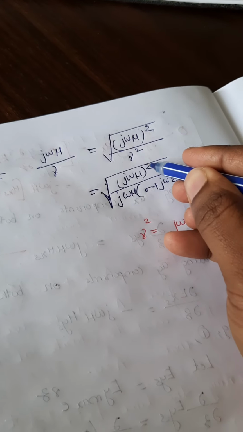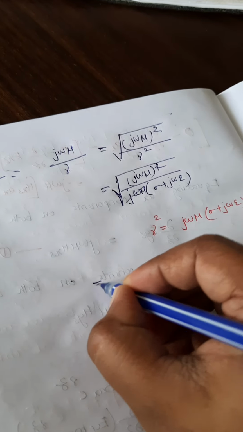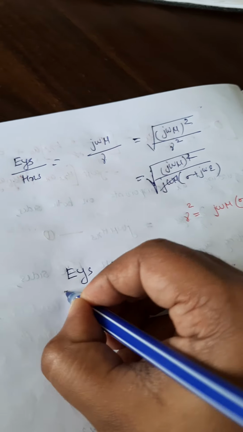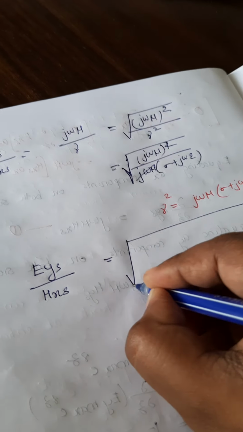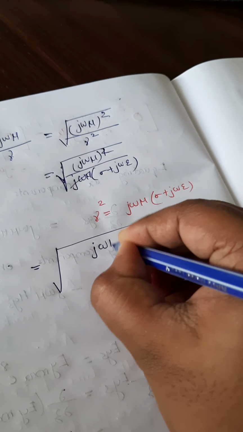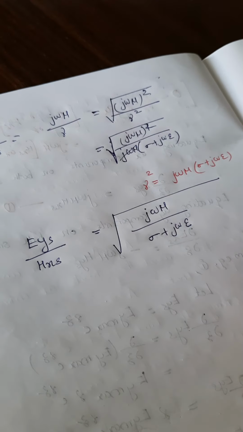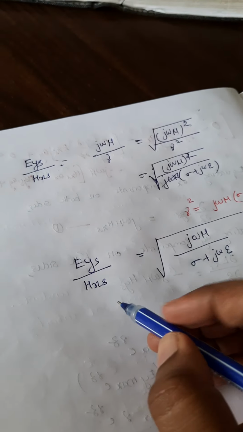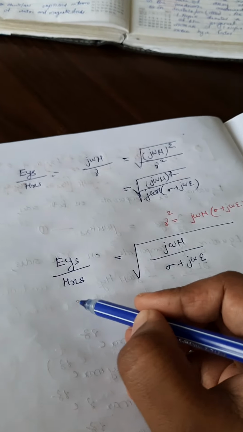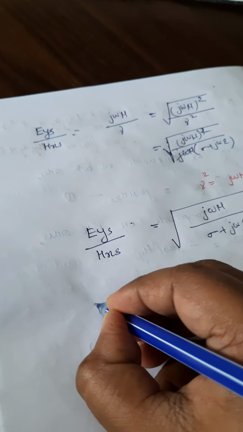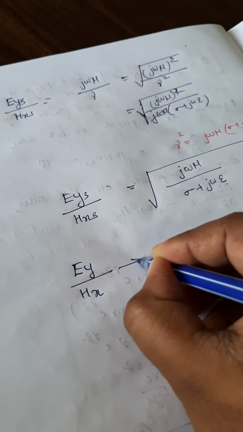And so this numerator is squared, and the denominator j omega mu is there. So again this equation becomes Eys by Hxs equal to the square root of j omega mu divided by sigma plus j omega epsilon. And this Eys by Hxs, when we consider it, Ey by Hx will be expressed